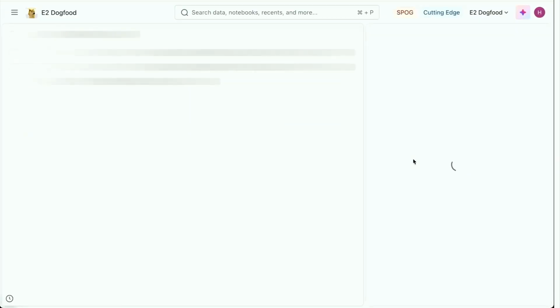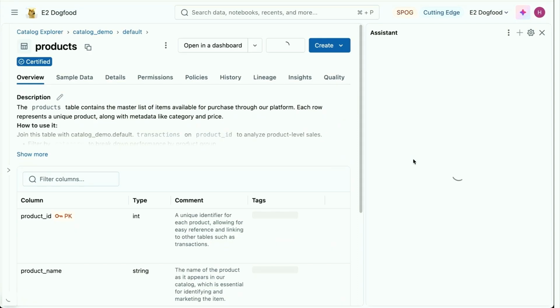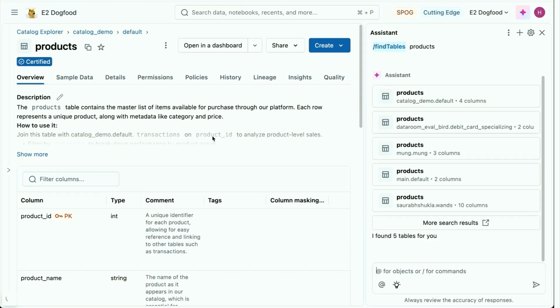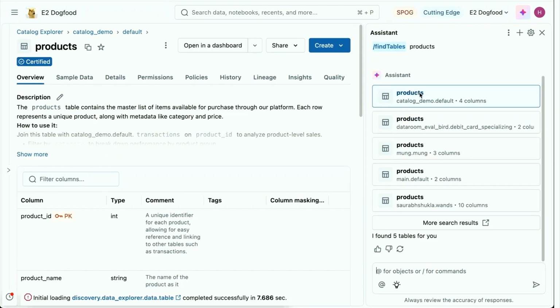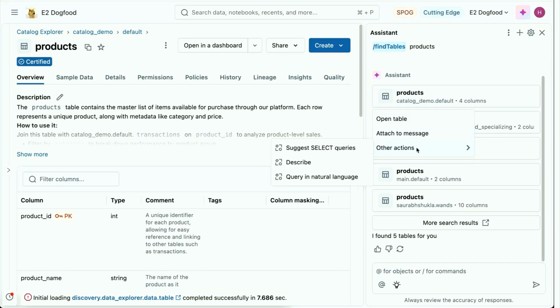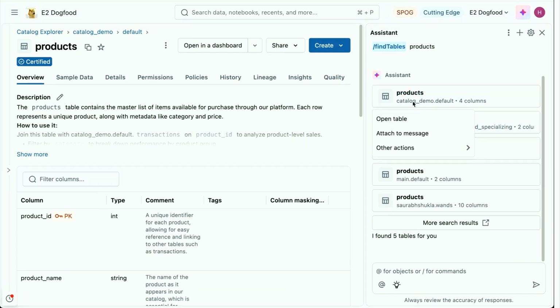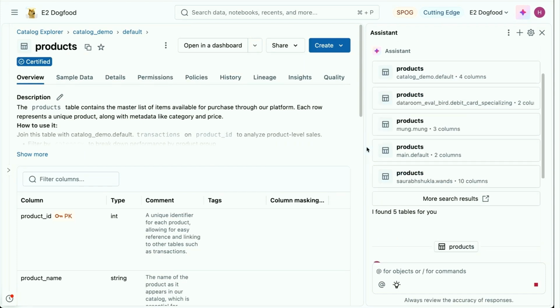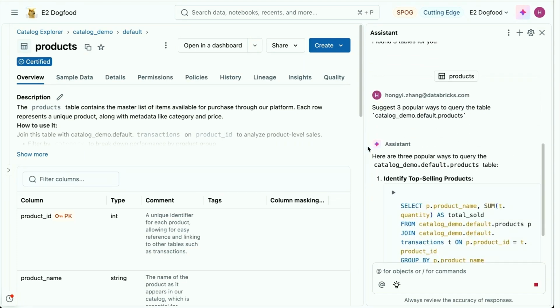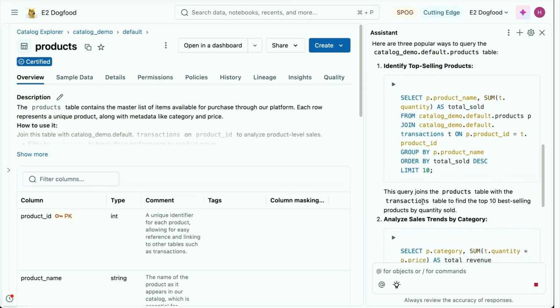For example, I always go with just "open this table for me," and maybe I'll check out a few more inspirations. And the other thing you can do is always attach to this message, so the system knows the context and will try to answer based on the attached object. A few other things for more inspirational usage is that you can say, suggest some questions for me, suggest some